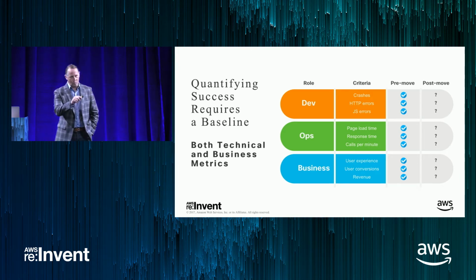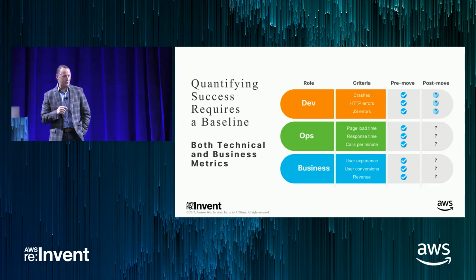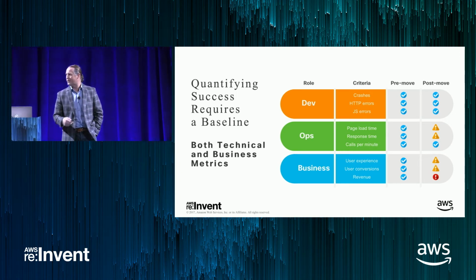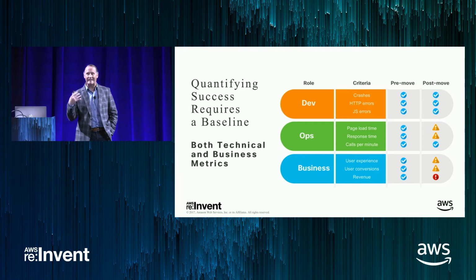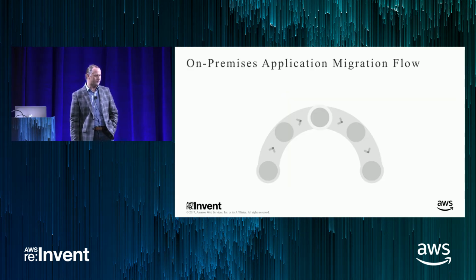So we're looking at, we had all that working because it was a working application. Do we know what's going to happen post-move? Do we have a way to actually know predictively, or without finding out after the fact from our end users complaining, what's going on with the application post-move?